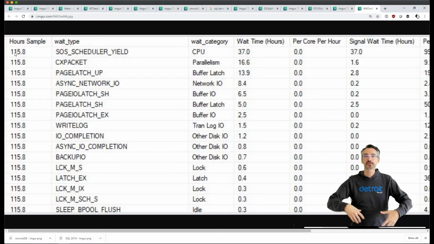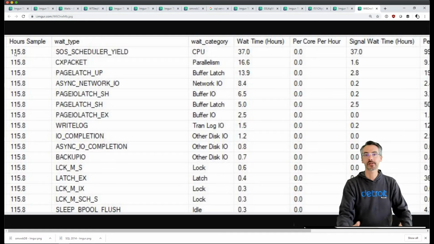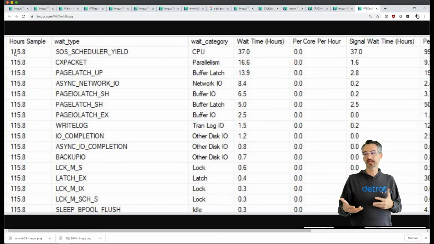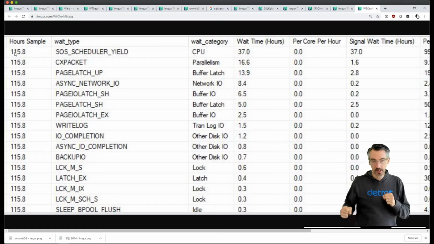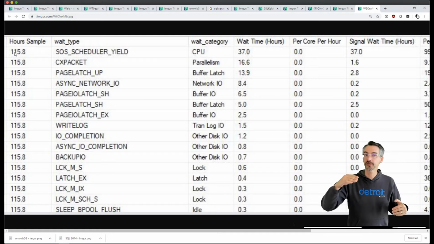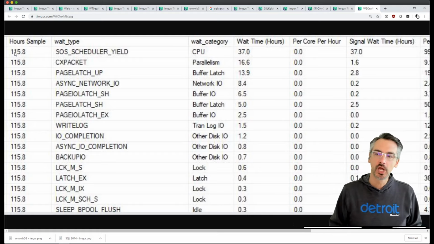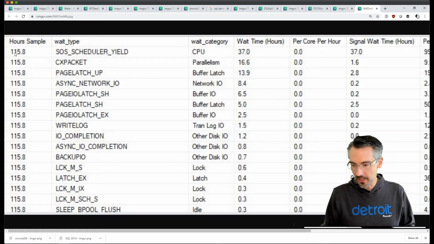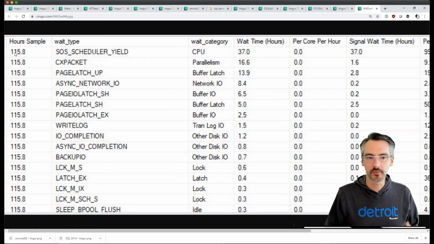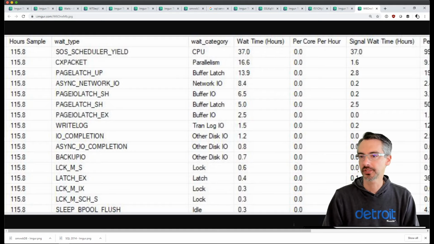Because your SQL Server has multiple cores and all of them can run multiple queries at the same time, it wouldn't be unusual if this server was really hustling 24/7. It wouldn't be unusual to see this up in the hundreds or even thousands of hours' worth of SOS scheduler yield waits. So for yours, even though it's not 24/7 in terms of CPU busy, that's the thing I would focus on: queries burning the most CPU.